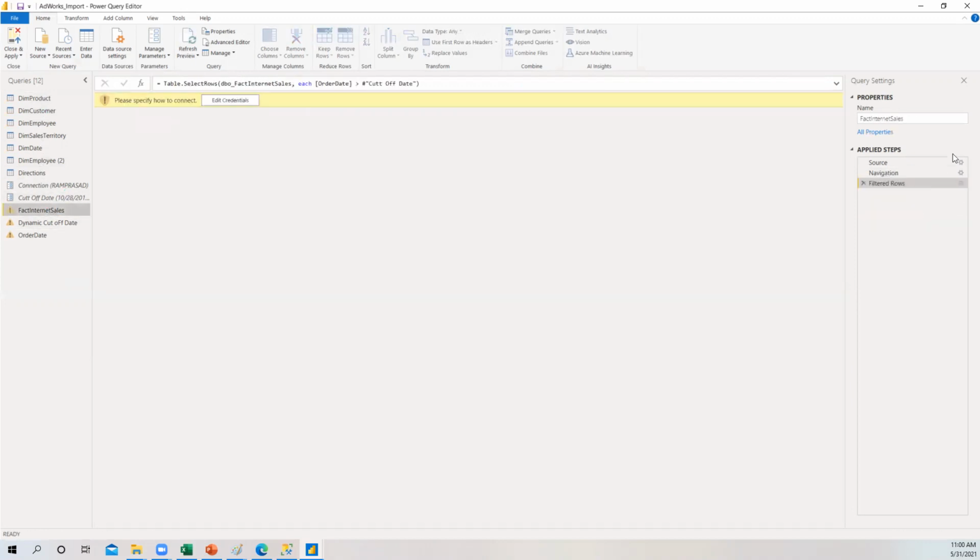This Fact Internet Sales also, why is it giving an error? I think the value is hard coded here. That is why. Fine. Here also let us put the connection parameter. See, I changed this connection, right? Here also I'm giving the connection only. See what happens. Slowly this one will also be changed. See, dynamic cutoff date, where is it coming from? Okay, from here it is coming.